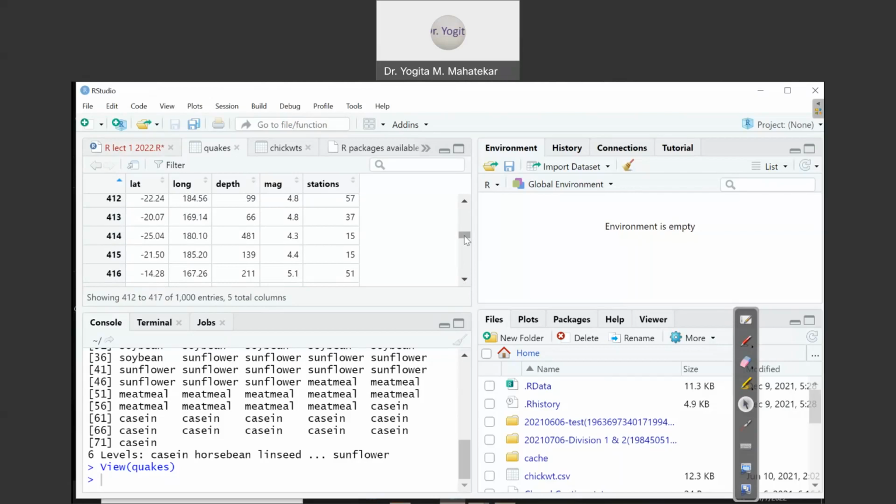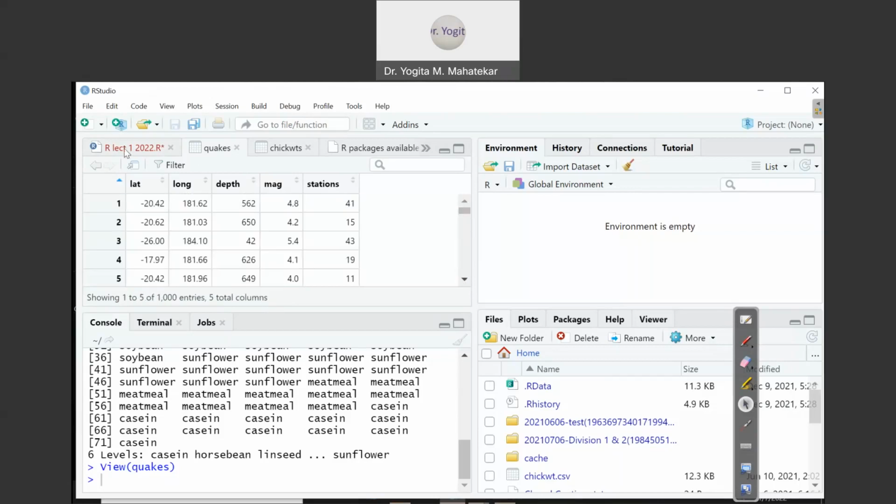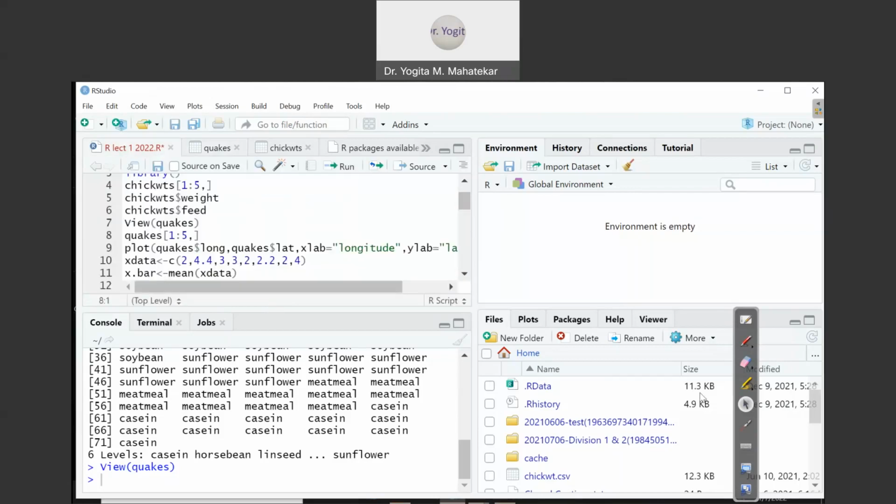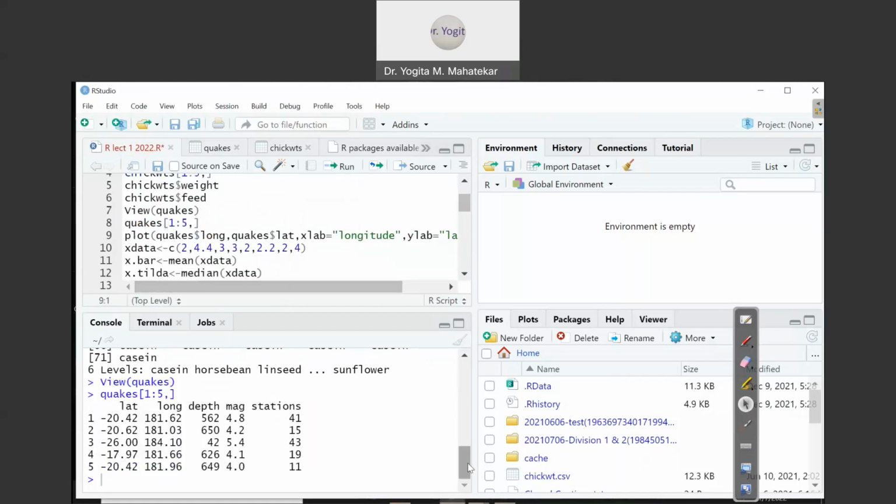So the number is large basically, but suppose I have to play with only the first 5 rows, I will compile this command. So quakes, and inside a square bracket you just write 1:5 and a comma, and that's it. So when I press Control Enter, now you can see in the console window only the first 5 spots are identified.